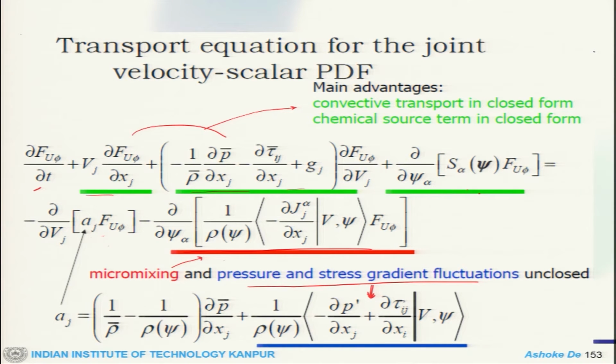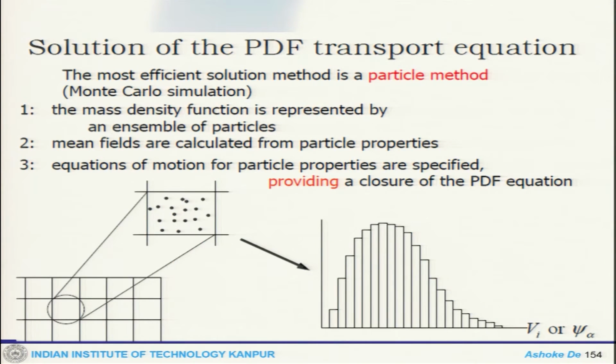And now, if you try to see the difference between your scalar PDF and the velocity scalar PDF, starting from the governing equations, it becomes a little more involved or more rigorous, because as long as you had only the scalar PDF, you never had this term arising on the right hand side. The solution procedure, though, would be in a similar fashion.